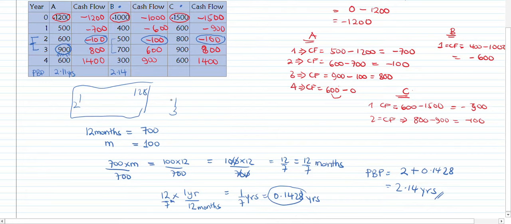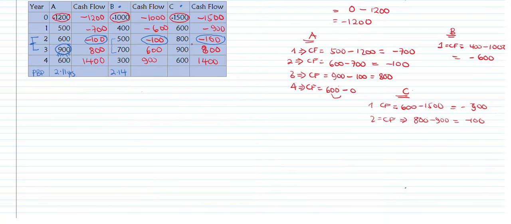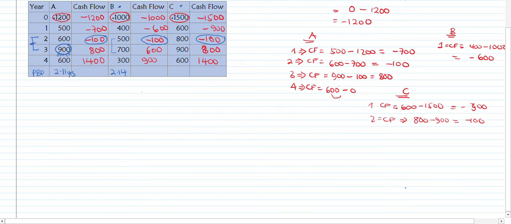So let's look at project C. Project C also, there is 100. Project C also, our payback is between the second year and the third year. Because at the end of the second year, we were owing this amount, but at the end of the third year, we were able to pay for it. So within second and third is where our cash flow was zero. So we want to know. In 12 months, we were able to generate 900, because our focus is here, because this is the money that we were able to settle it. So our focus will be there. So 12 months, we're able to get